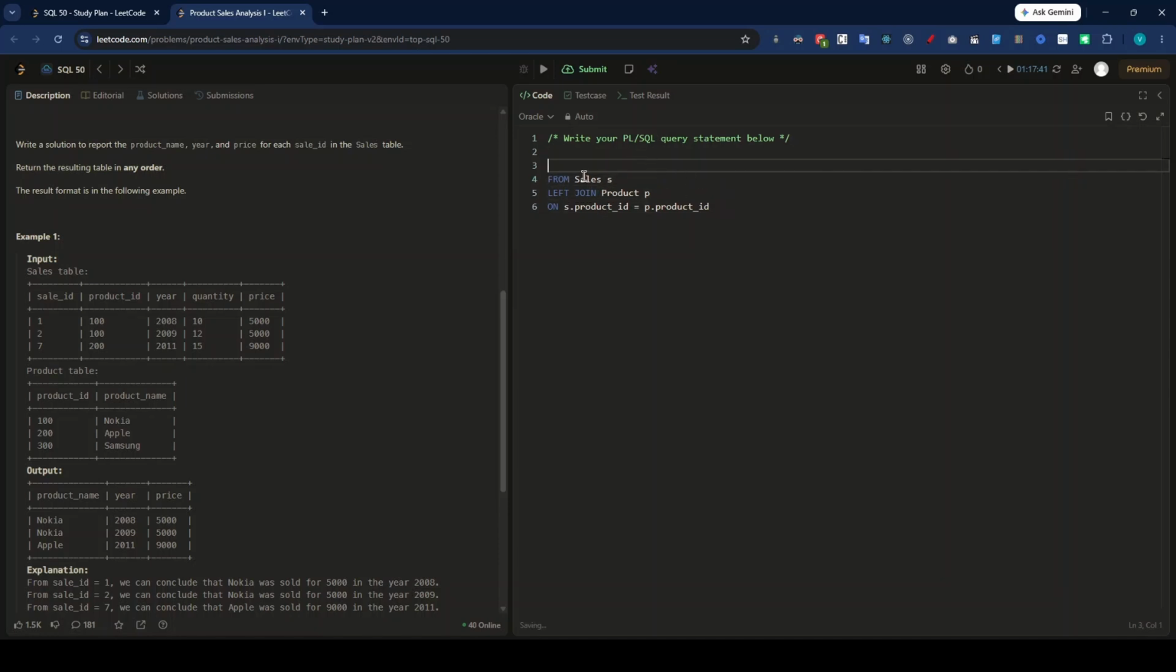So now what we will do, we will just select star and let us see what the output is. We will just understand, right? So what we are doing, I'm just joining two tables. So from sales left join product P on s dot product ID equals to p dot product ID. And if I run this,